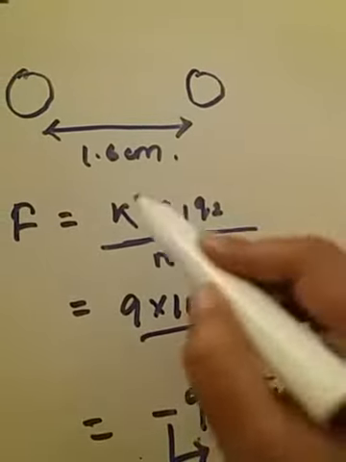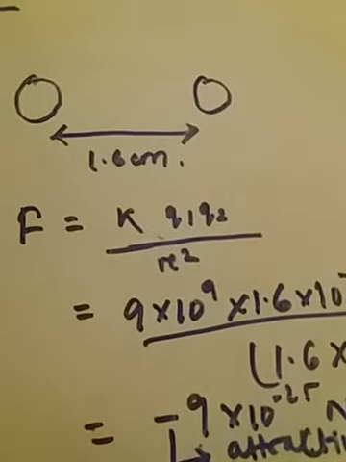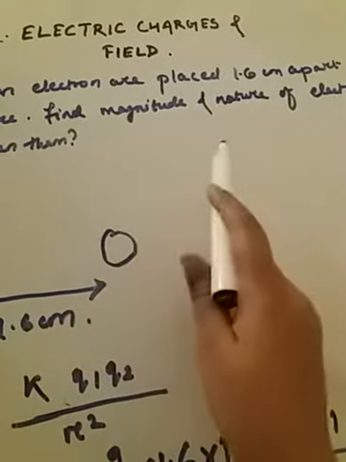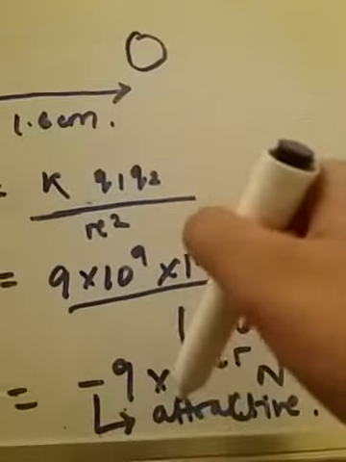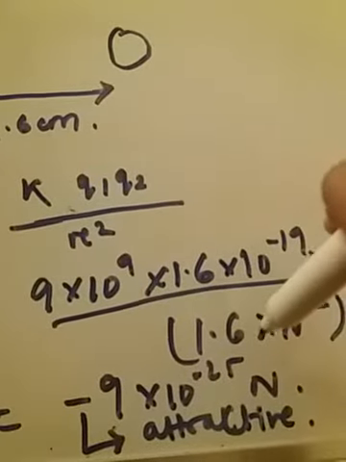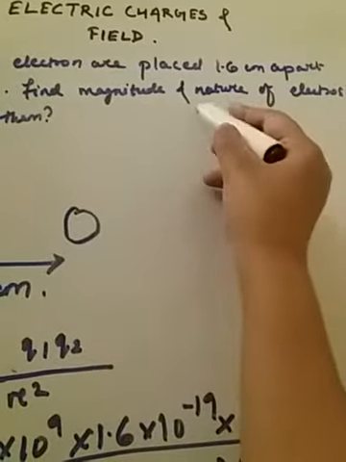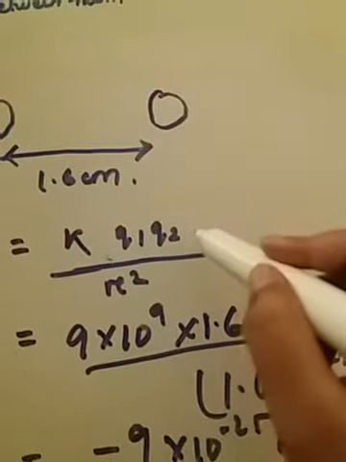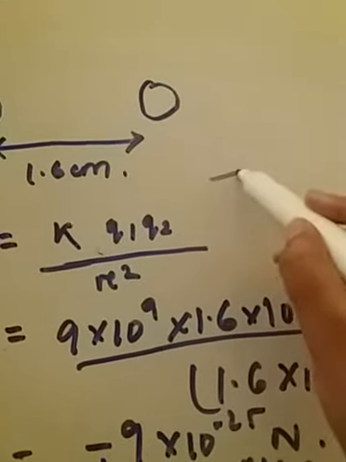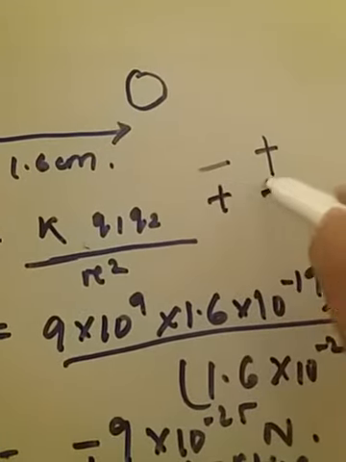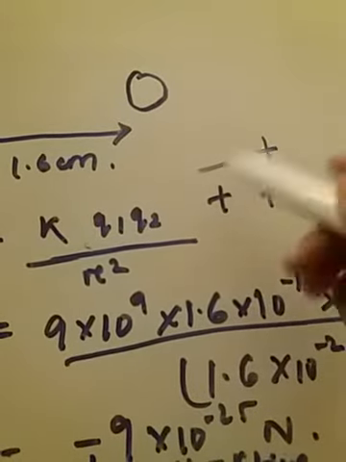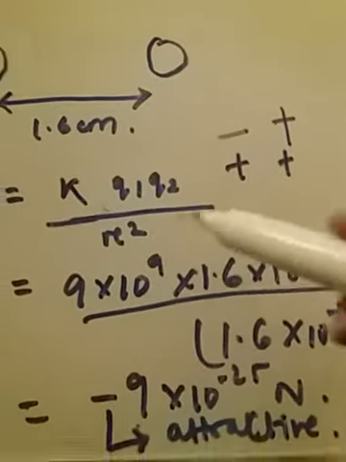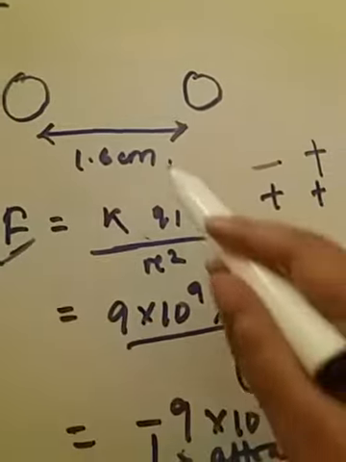Do you know why we didn't use the mod sign here? Here it's asked for magnitude. Alright, we will get it. Magnitude means the answer will become 9 into 10 to the power minus 25 Newton. It's okay. But the next part is nature. How will we get the nature? If we get the magnitude, we'll take the mod of Q1 and Q2. Then if a minus sign is there, it will also get converted into plus, and a plus sign will also remain a plus sign. So we will not be able to identify which is repulsive force and which is attractive force. So in order to identify it, we will not take mod.